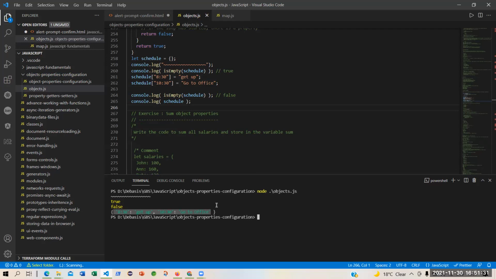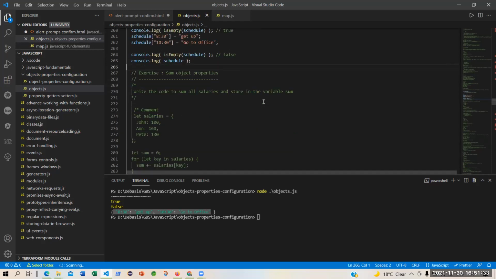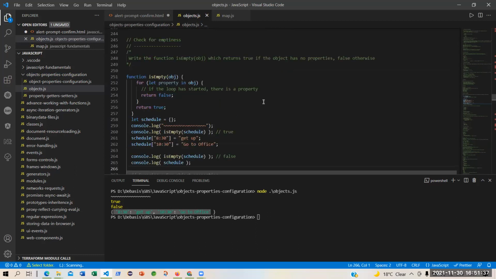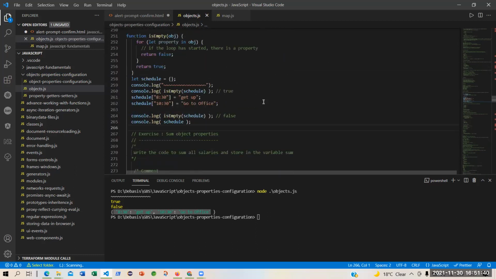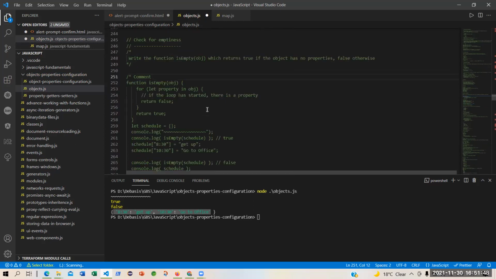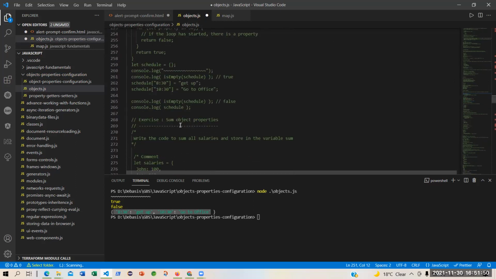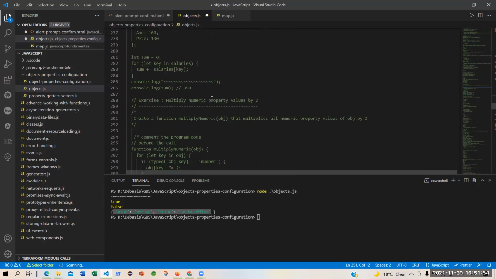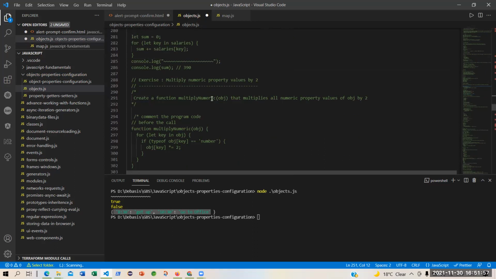There are two properties. Fine. Let us comment this as well. As we go, we will comment. And okay. So we have seen how to print the salaries object and print the sum.